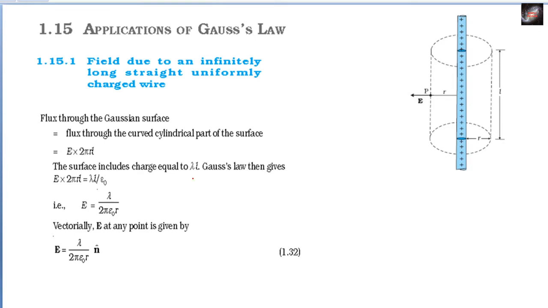So let us consider the first example. Here this is a line on which charge is distributed. According to our knowledge, the line charge density is defined by lambda, which is delta Q by delta L. ये हमने derive किया है पहले. To determine the electric flux, we have to consider a Gaussian surface. This is an imaginary surface. This is known as a Gaussian surface. ये एक imaginary surface है.